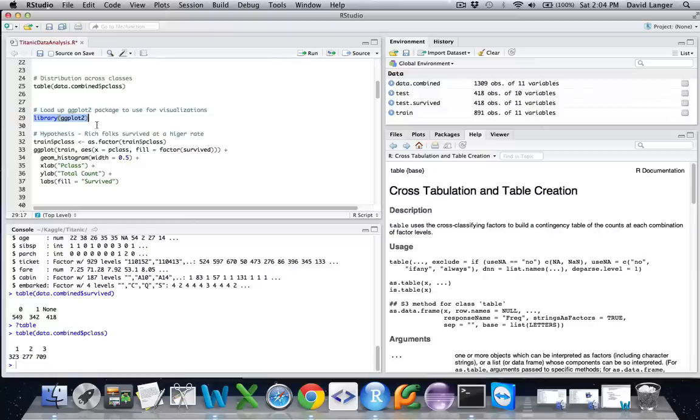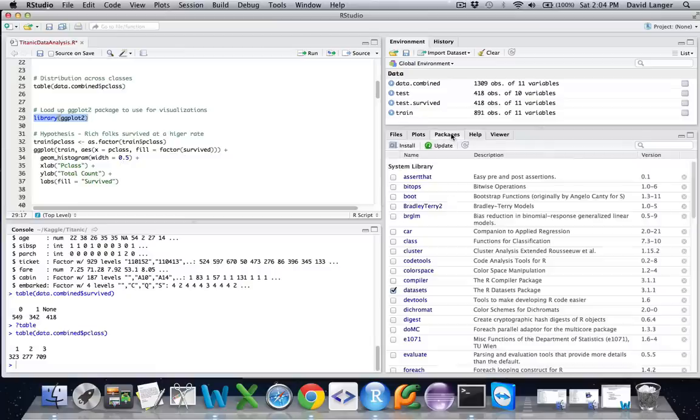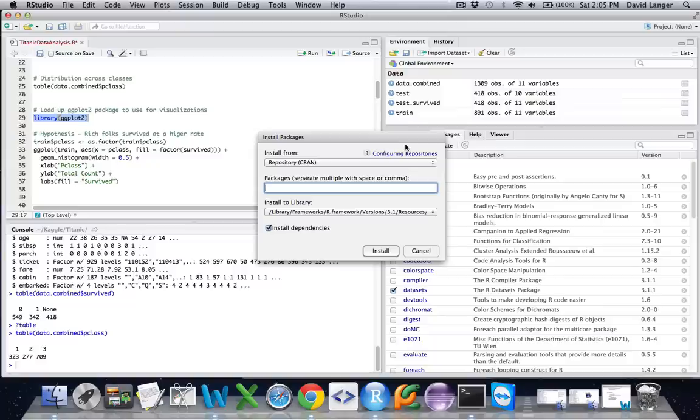Now, getting ggplot2 is extremely simple. You don't get it in base R by default, but it's very easy to add. All you need to do is go to the Packages tab on the right side of the RStudio UI, click Install, and type in literally ggplot2.